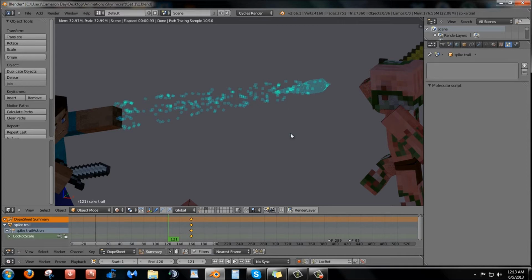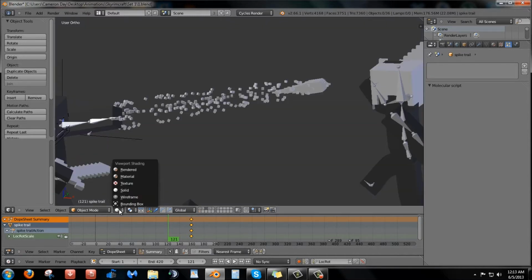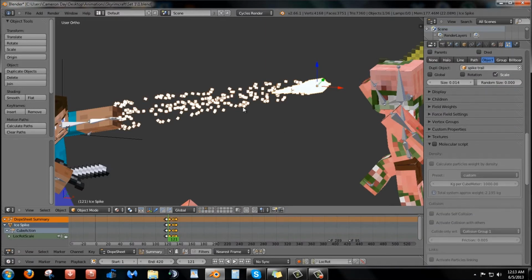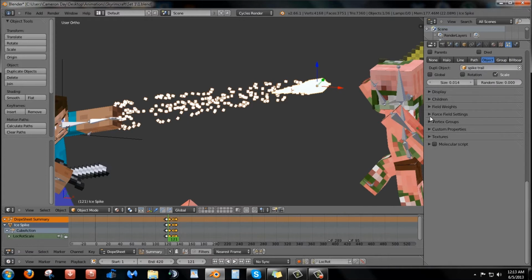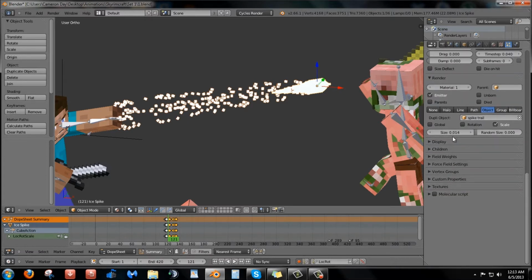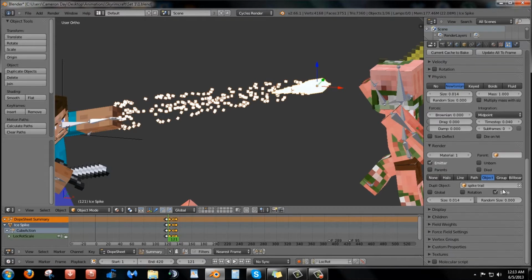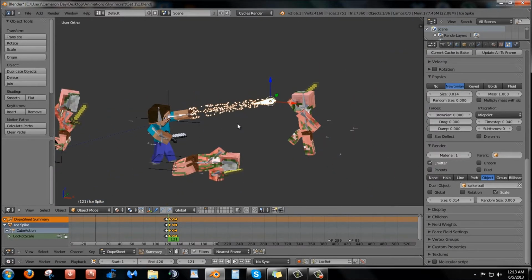As far as the particles go, to make them float around, I just went to the field weights and turned gravity to 0, and I think I had them on... no, I just kept them on default Newtonian physics. For a couple of the particle systems, I use Boids just because the way they move is something I like. I really like the way they move. But that's really all I do. I just turn the gravity off on them. So it was pretty simple for that spell.